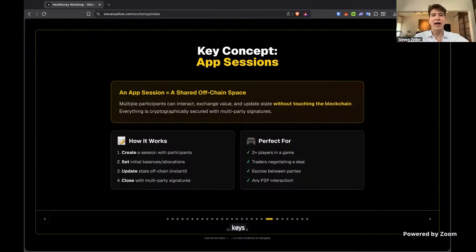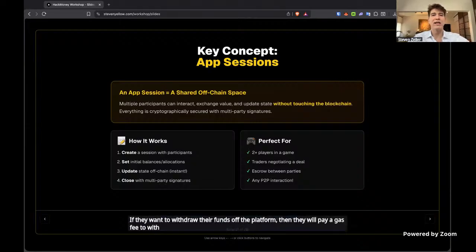And all of their updates can happen within this app session instantaneously with no gas fees. And only if the users, after they finish with the app, want to withdraw their funds off the platform, then they will pay a gas fee to withdraw. But any interactions within your app session have no gas fees and zero latency, essentially.